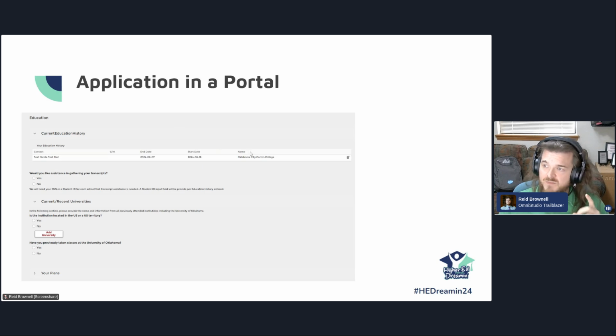The reason that I have this is because I want to highlight a couple things. Earlier, I mentioned that you can embed flex cards into OmniScripts, and you can. And that's what this is right here. This is a flex card displaying education history that this applicant had already shared with us. So we already knew that they had gone to Oklahoma City Community College. So as they're applying, they don't have to fill it in again,